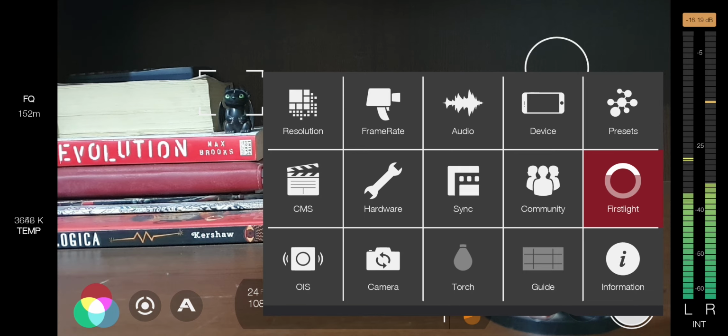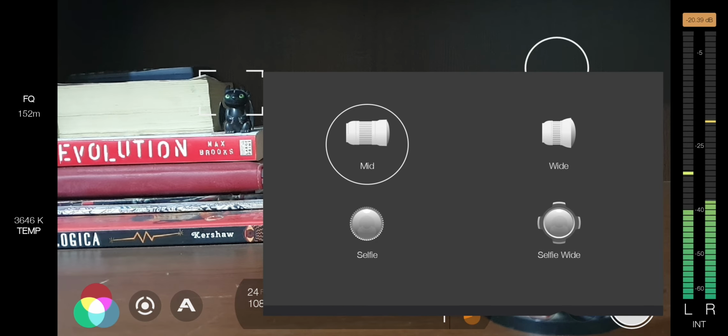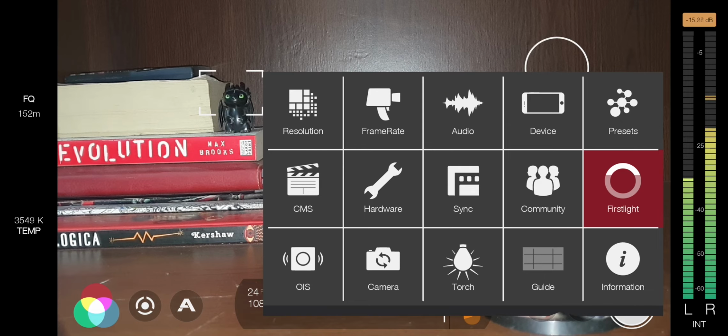Then next is the camera. You can see the various cameras like mid, wide, selfie wide. Depending on your device, it will show different types of lenses. Next to it is the torch. If you want the flash, you can use it.